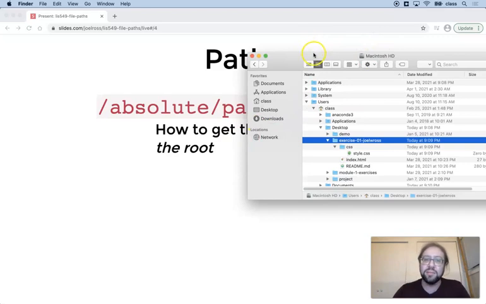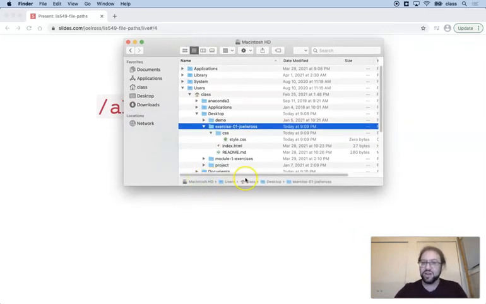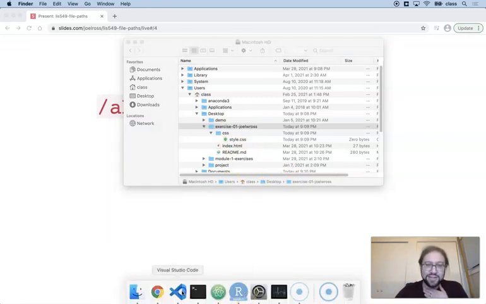If I pull up my computer here, you'll notice that I have my computer set up so that it shows me where the folder that I'm currently selected exists. So it says that this is the exercise 1 JROS folder. It's got a little caret here. It's inside the desktop. That's inside class. It's inside users. It's inside my hard drive. So the way that we write this down in computer code is, instead of putting the little caret here to say that class is inside of users, we're going to put a slash. The slash means a folder inside of another, or a thing inside of another folder. So for example, this would say that this exercise 01 Joel Ross folder is inside desktop, is inside class, is inside users. If we're writing this down,